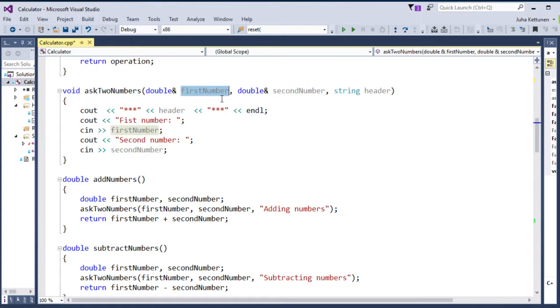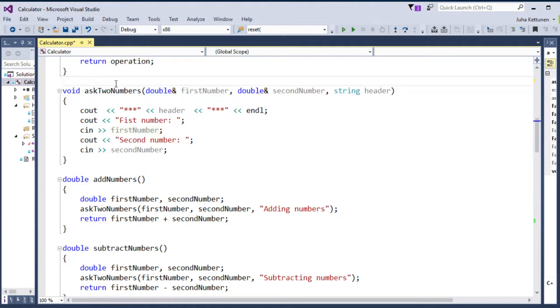I have a video about this. I have done a video about reference variables, and I was talking about this passing by reference to function. I'm not gonna go to details in this case, but it simply means that if you pass by reference,